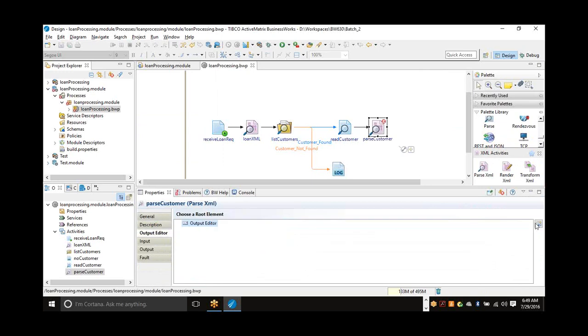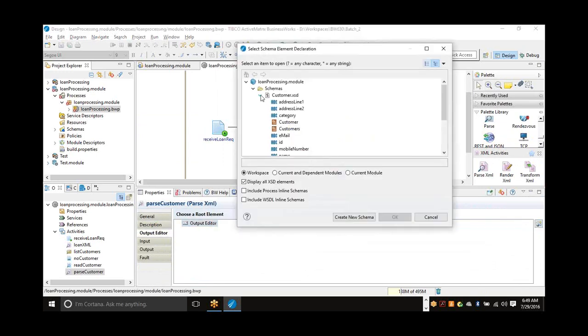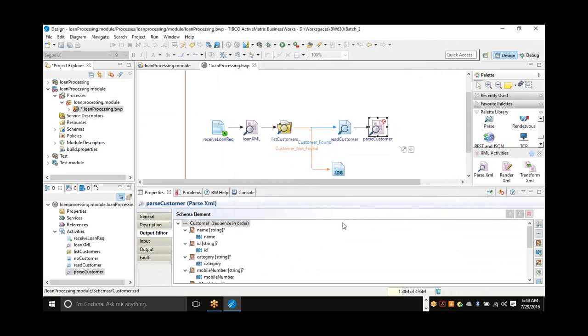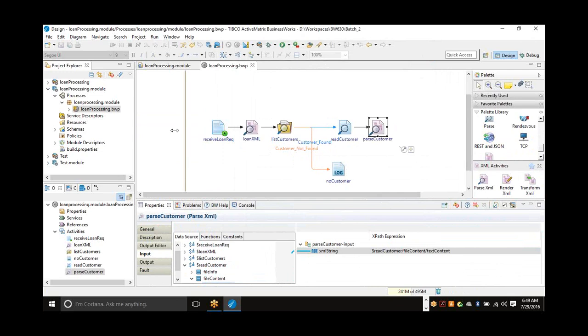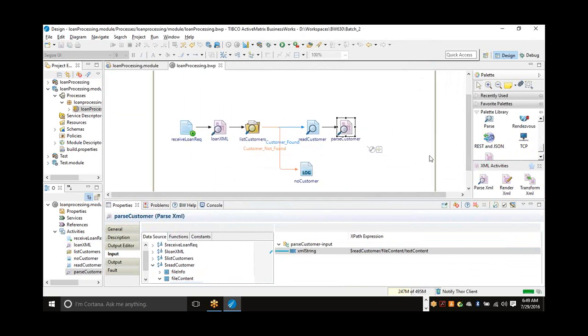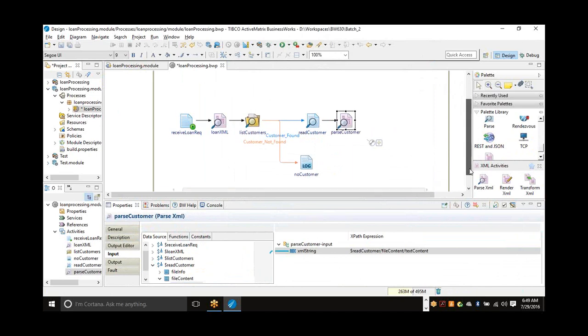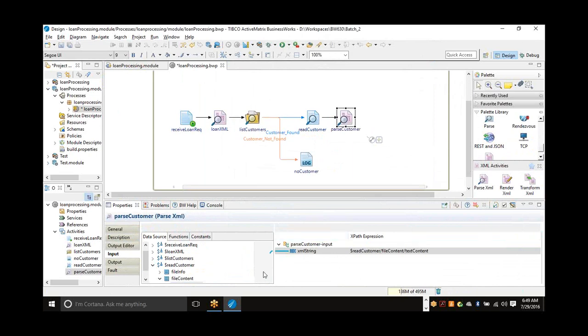Using parse customer. So this time I am going to use the customer schema. I'm using the customer schema from read customer and mapping the content of it. Okay, so after parsing the customer, based on the scenario, I need